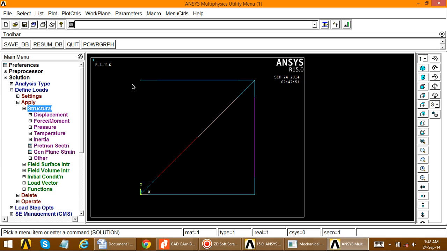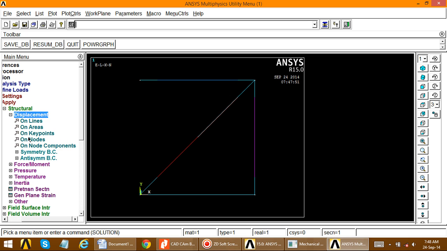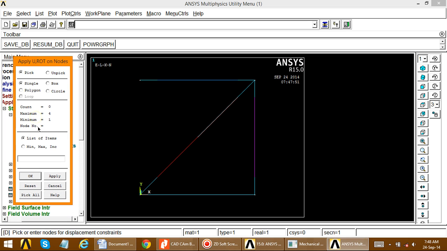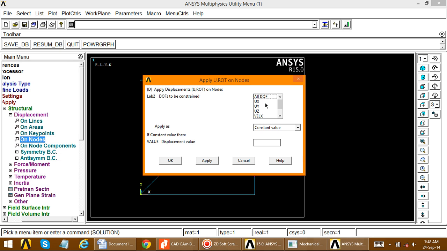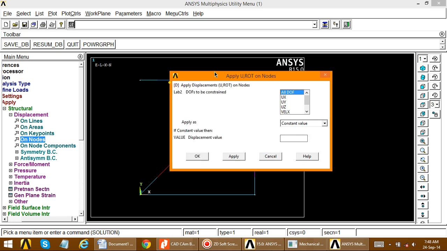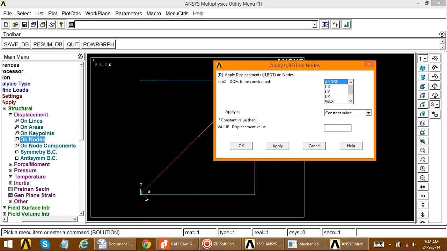First apply displacement. At this and at this there is zero displacement. So displacement on nodes. Pick node, pick this, pick this, apply. So all degrees of freedom at this node, this one and this one, are 0.